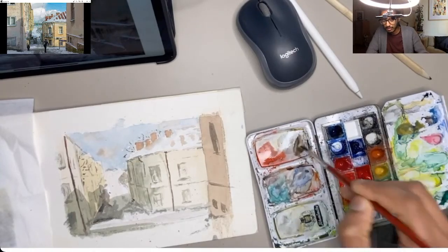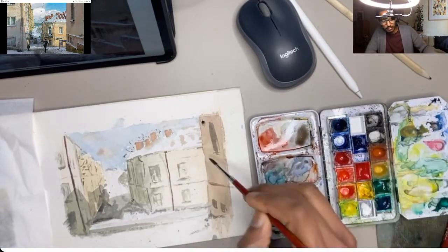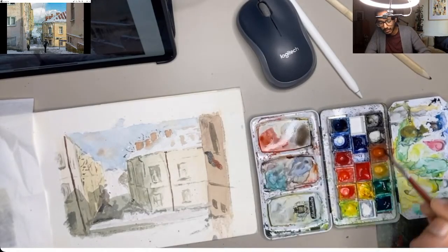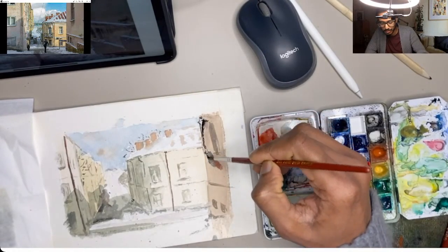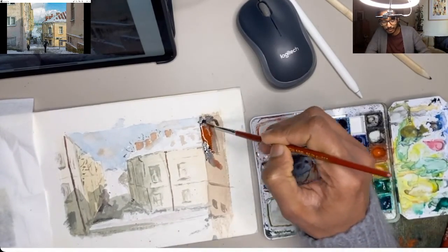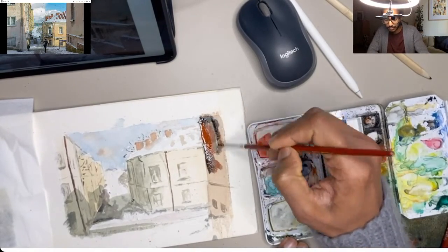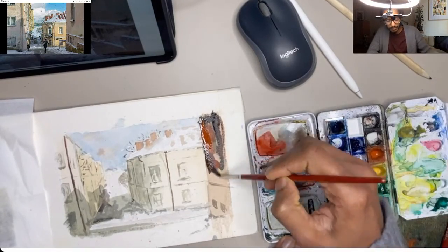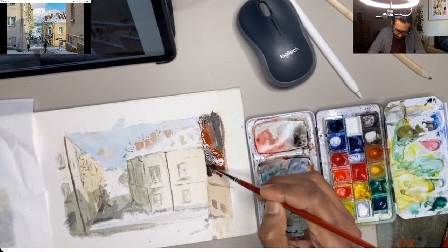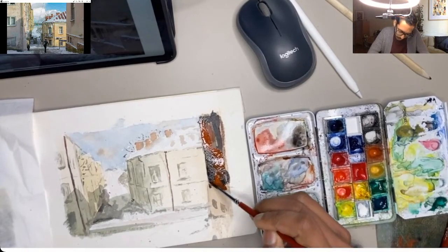Let's see. Yeah, I'm mixing a really dark mix. So I think I'm going to darken that right hand side. I wasn't exactly sure whether it would work, but I knew that it needed something, otherwise it would look boring. See, I'm going really, really dark. When I say dark, it's not just black, it's black and that reddish brown. I think it is burnt sienna. I'll add that in the video description, the color. So yeah, black and burnt sienna,